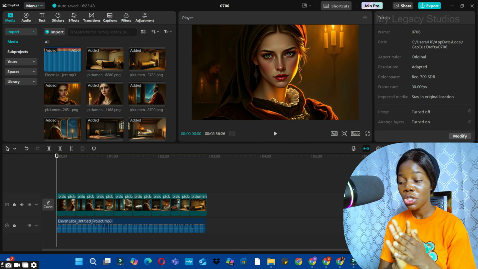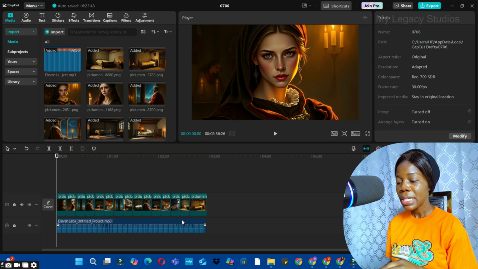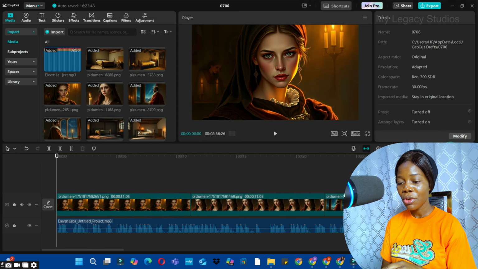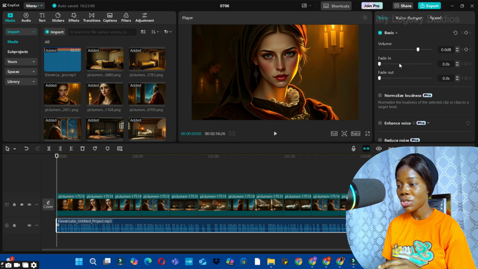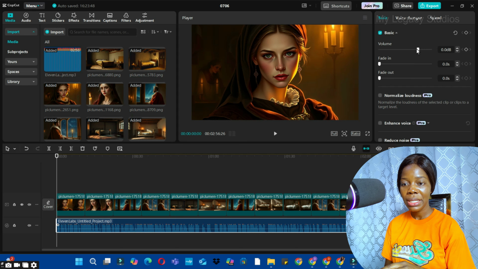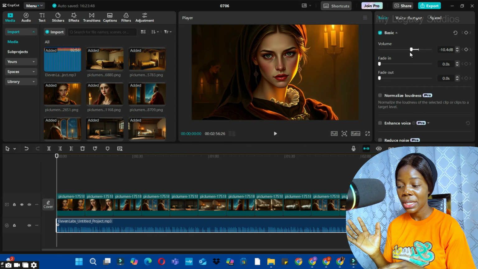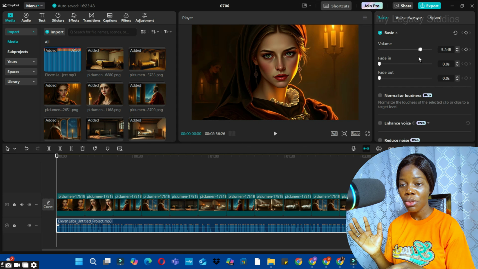So now the next thing we are going to do is to reduce the volume. Anytime you add a voiceover to your timeline and you see these yellow bars, like I always say, it means that the volume is too high and you need to adjust it. So just tap on the clip, like this voiceover clip, and then use the volume button at the top right here to reduce it. You see that the moment you start reducing it, the orange bars will start fading away. So you can see it has faded, but when you increase it, you see it at the top of the blue bars.